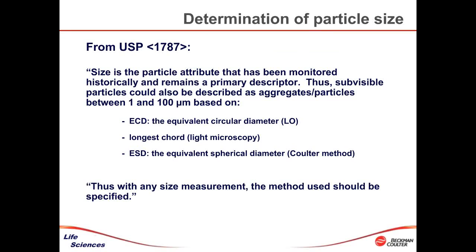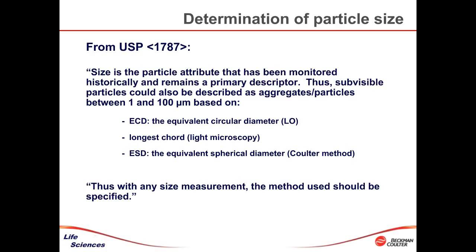So in 1787, they discuss that, and they say size is very important. Size is a good attribute to know about an object in the fluid. So it says size is a particle attribute that has been monitored historically and remains a primary descriptor. Subvisible particles could also be described as aggregates or particles between 1 and 100 microns based on several measures, but the ones we're going to focus on are ECD, a new kind of terminology thrown out there, the equivalent circular diameter, which is what you'd find from light obscuration, a longest chord, which is commonly what you might find in light microscopy, or ESD, the equivalent spherical diameter, which is what you would find